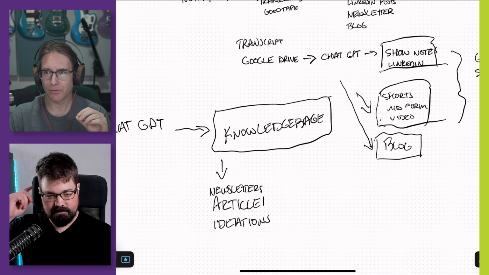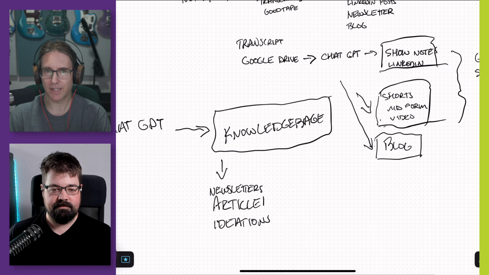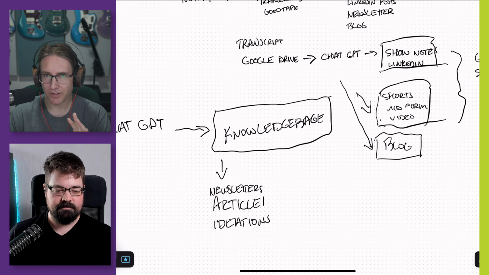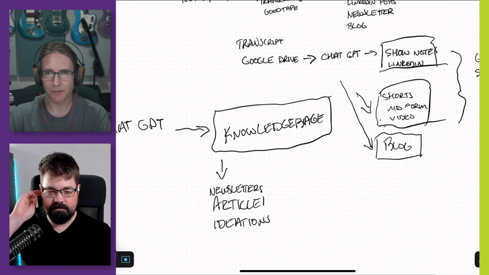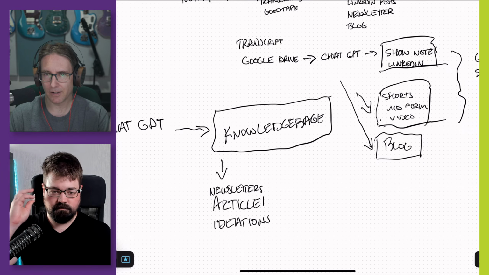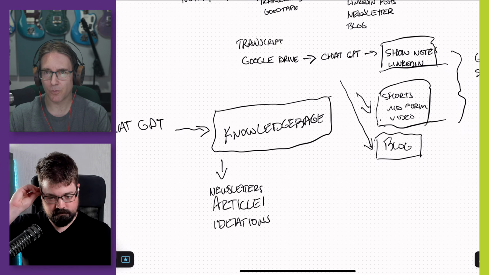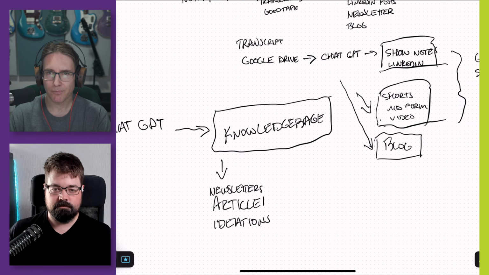Perplexity is its own kind of unique use case because it is very much designed for research. Stuff like ChatGPT, Gemini, Claude, the others, the LLMs, they're more or less built for general use.